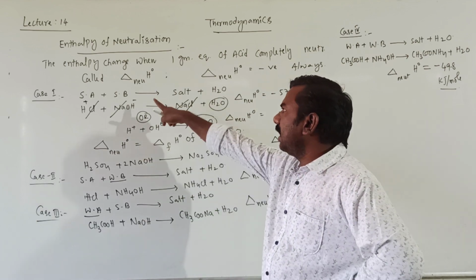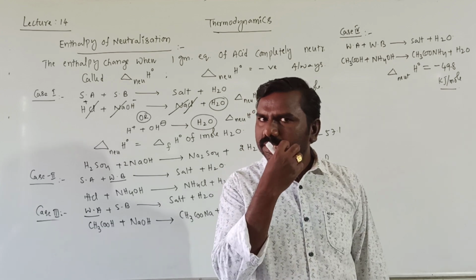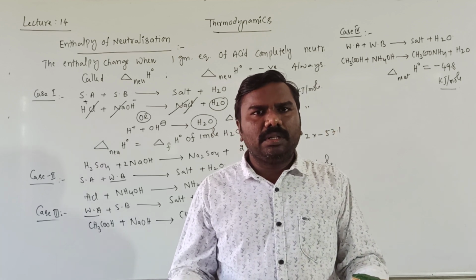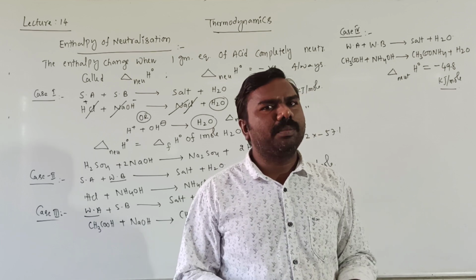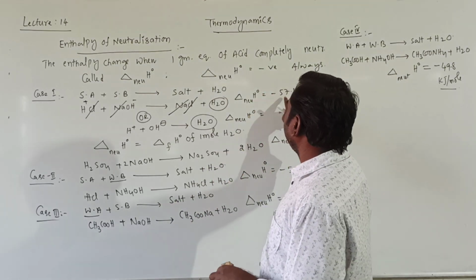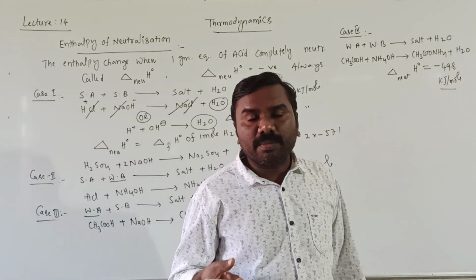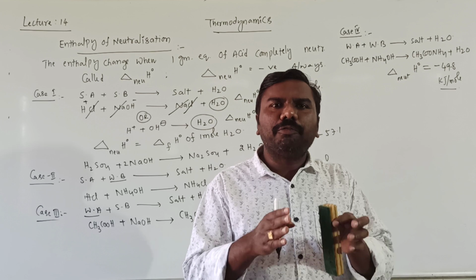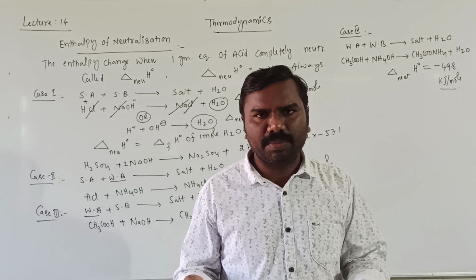The reason behind this: why here more energy is released, and in the weak case less energy is released. The reason is, weak electrolytes cannot be dissociated into ions easily. It is very difficult to dissociate them into ions for neutralization purpose. That's why less energy is released. Actually 57 must be released in the weak case also, only 49 released. What is the left amount of energy? The left amount of energy is required to break the weak electrolyte into ions. That is called ionization enthalpy.